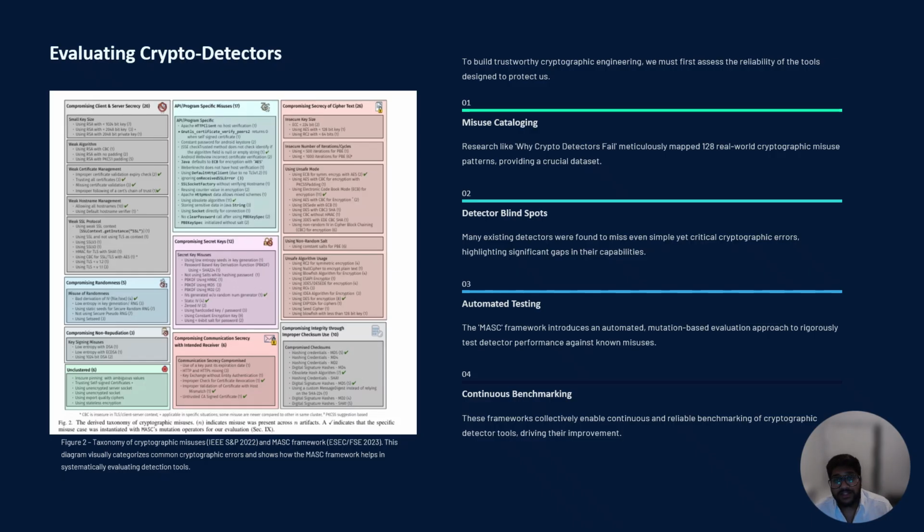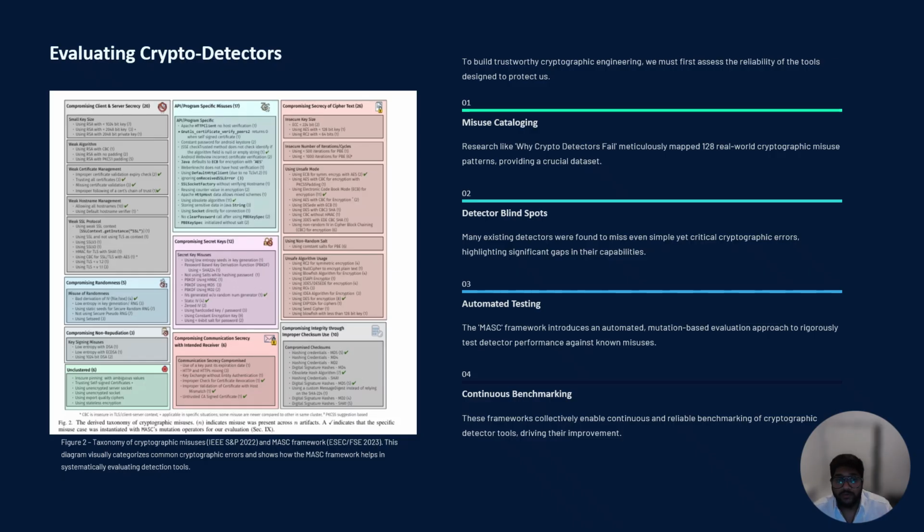Follow-up work by Mask, 2023, built an automated mutation testing framework. It injects controlled crypto errors into code, runs multiple detectors, and measures which issues each tool catches or misses. Together, these efforts transform detector evaluation from ad hoc testing into a repeatable data-driven benchmark, revealing serious blind spots and setting the